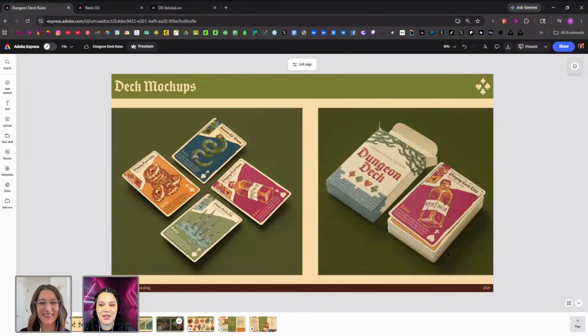And then of course, no deck is complete without your standard mockups, which I think look really cool. And then I also put together a page of the illustrations so far, which we are going to be animating in Express today and putting together some cool carousel posts, because Dungeon Deck has no social media presence right now. We have an Instagram account for 20 Minute Mile, which is Potch's company that Dungeon Deck resides under, but it needs posts.